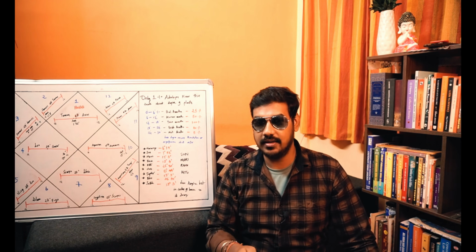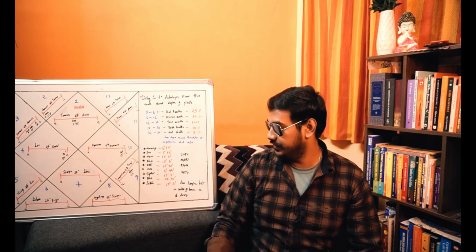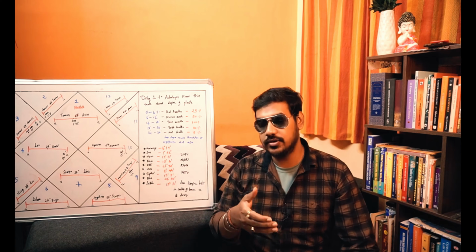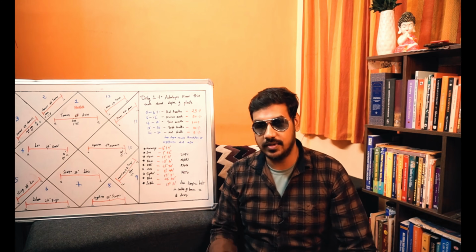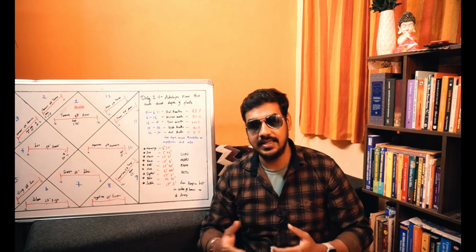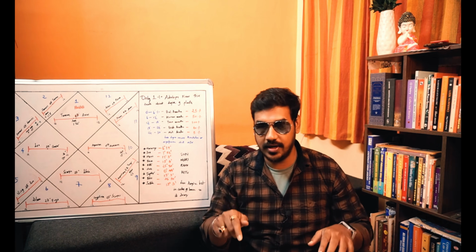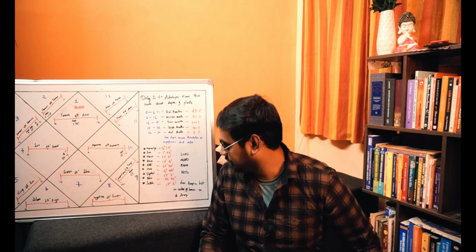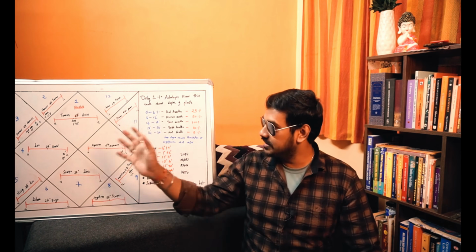Alright, Kritika nakshatra first pada. Okay, now if you quickly look at this chart, I'll also mention the birth timing and details of the person. It is 17th of May 1991, 5:31 AM, and the place of birth is Chennai. So you can put it in your software and horoscope and you can also learn and understand accordingly.